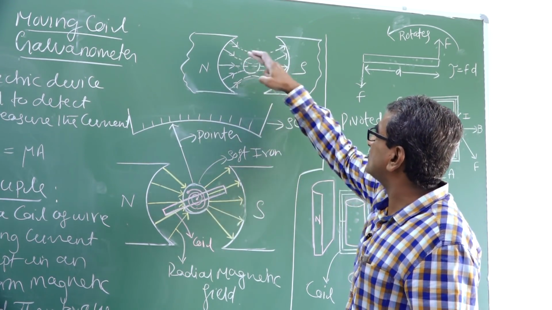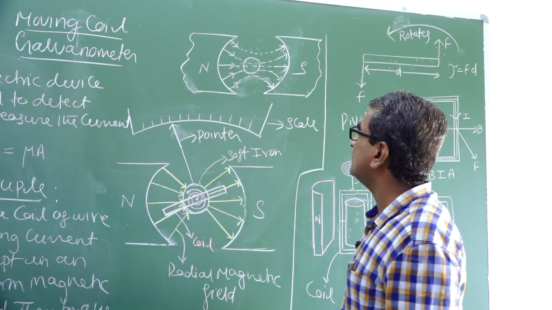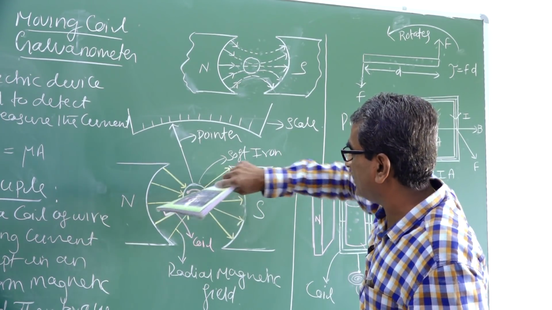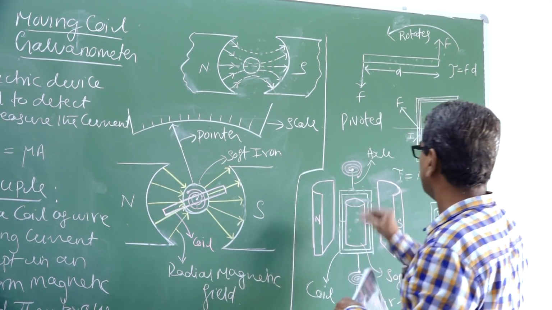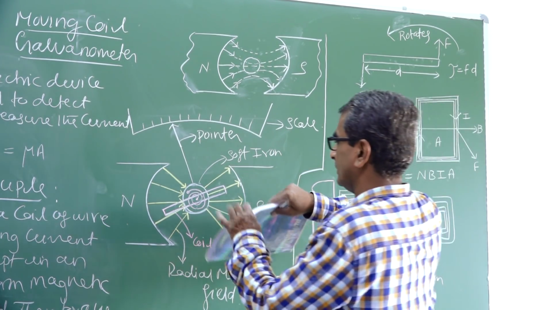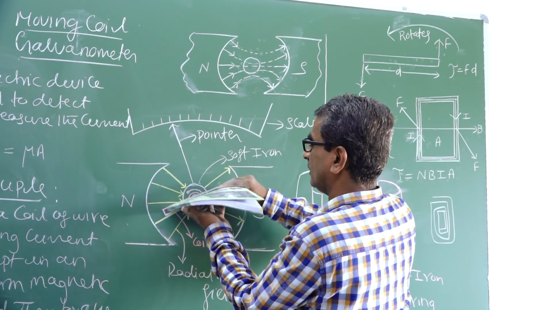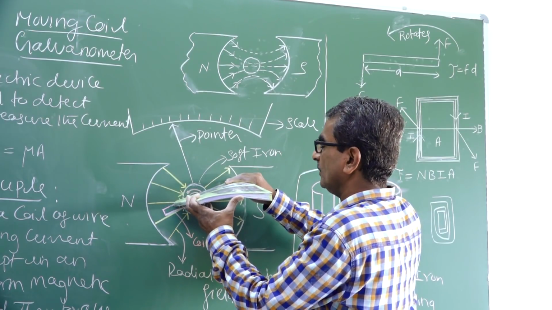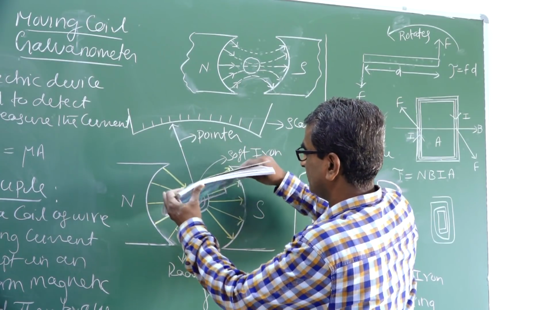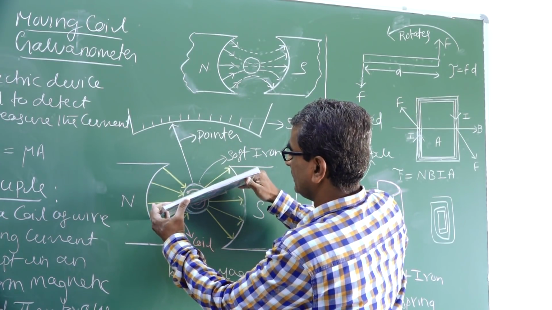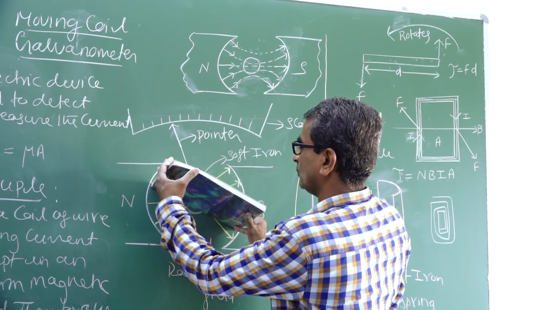Then what is the use of this radial magnetic field? See what happens. Suppose if I consider the coil like this is the coil. Consider this as the top portion of the coil. So this is top. Let's consider this the coil. Now I am going to consider the top portion of the coil like this. This is the top one. When the coil deflects, that means when it comes to any one of the position, say for example, this is the coil. When it comes or rotates like this, or rotates like this, or even if it rotates like this,